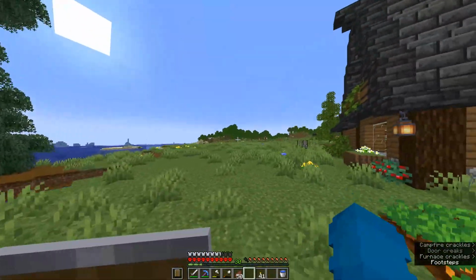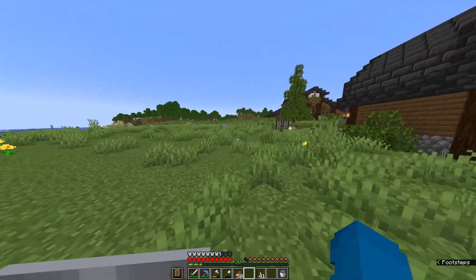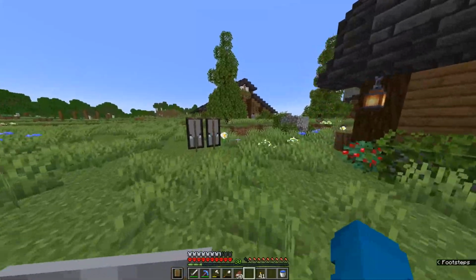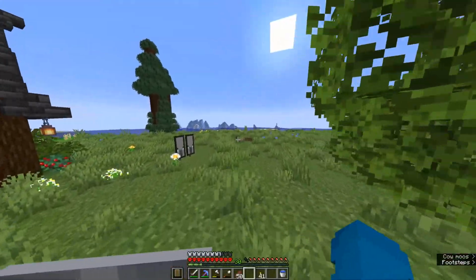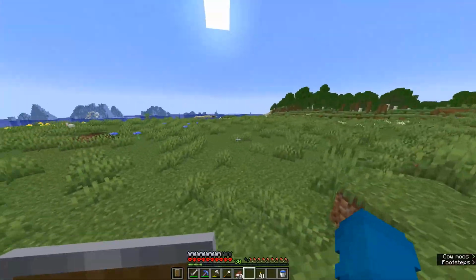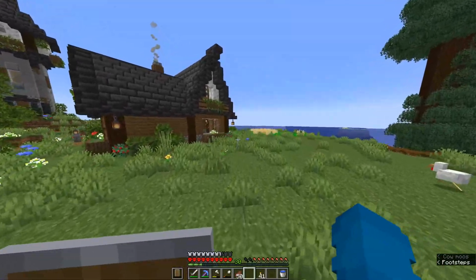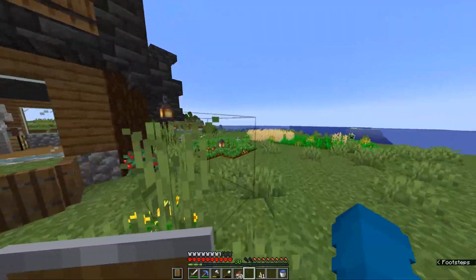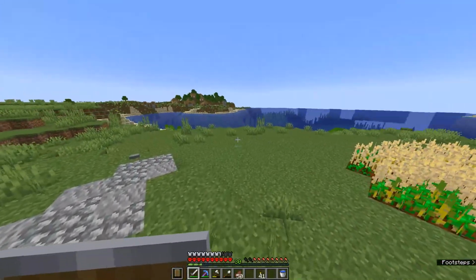Okay, so for this Nether Portal build, my idea is to actually do a tree stump, an old overgrown large tree stump, and I'm thinking of just doing it over here in this spot here and just having a bit of an overgrown tree stump, and I think that'll look really cool. I was originally going to do a big ancient tree, but I've since come to realize that that is